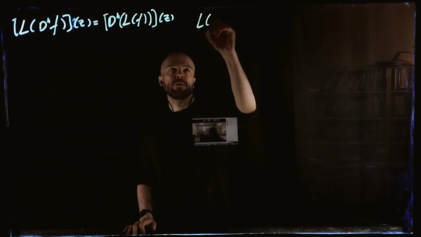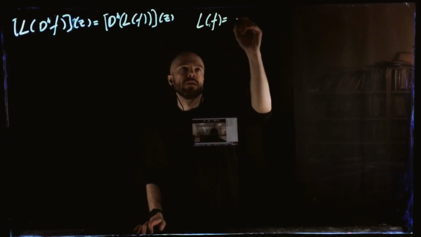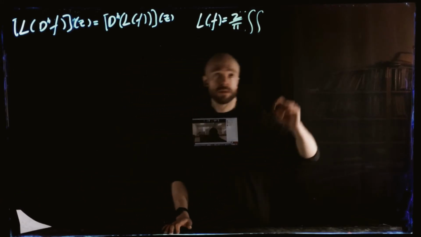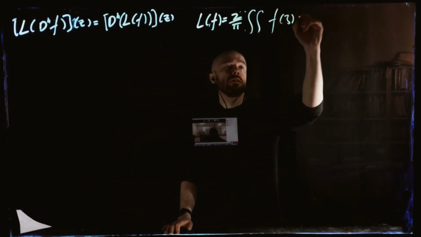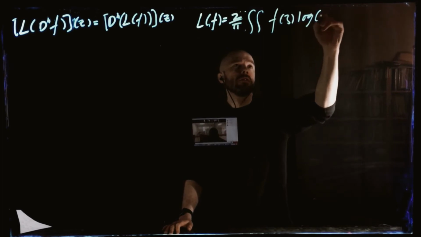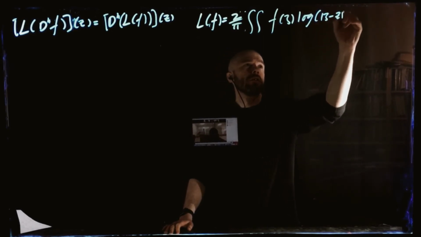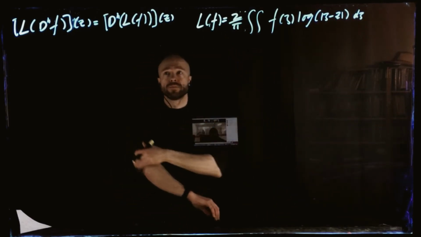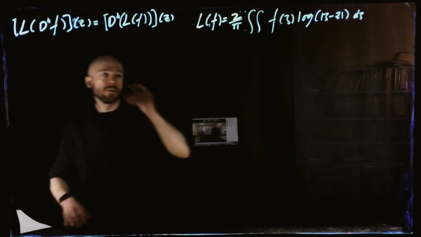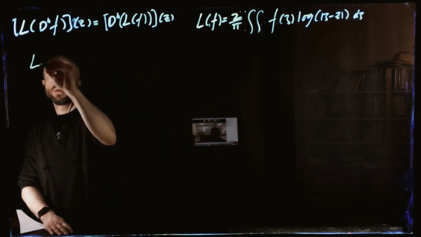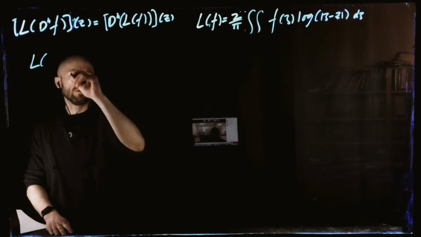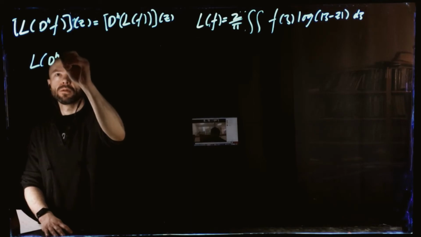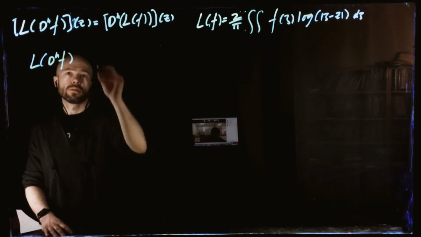So the logarithmic transform of f is this double integral. This thing is indeed just f of zeta log of zeta minus z d zeta, like this. Right? So let's look at that thing. So then when we do L of this thing, of f